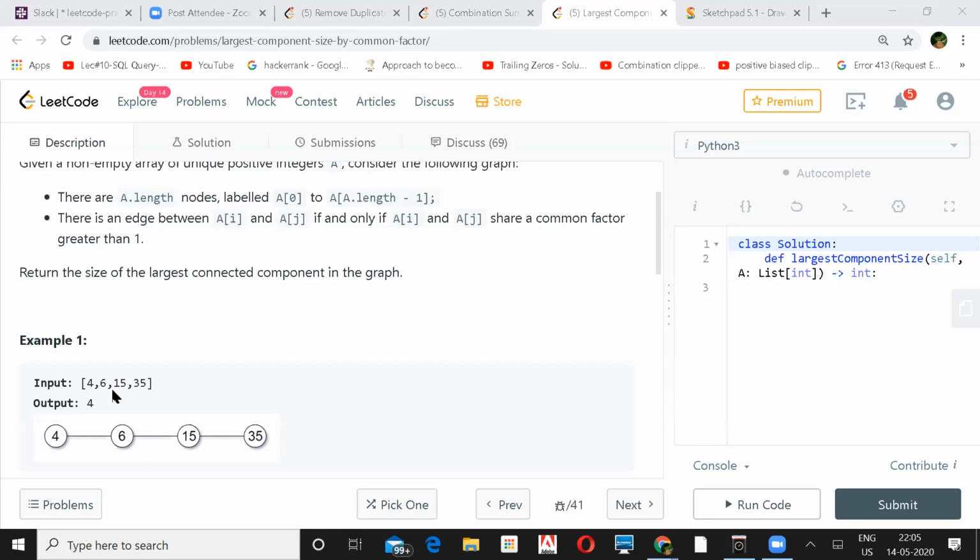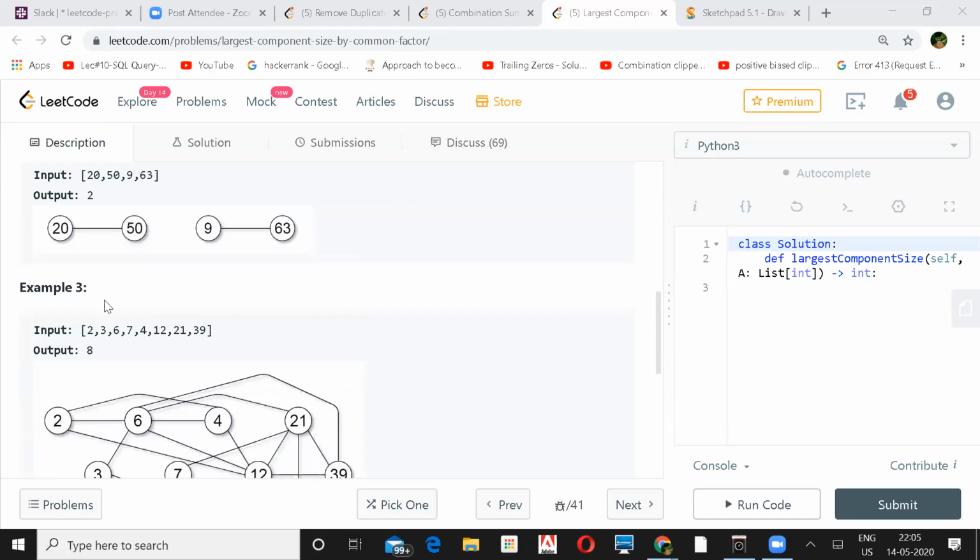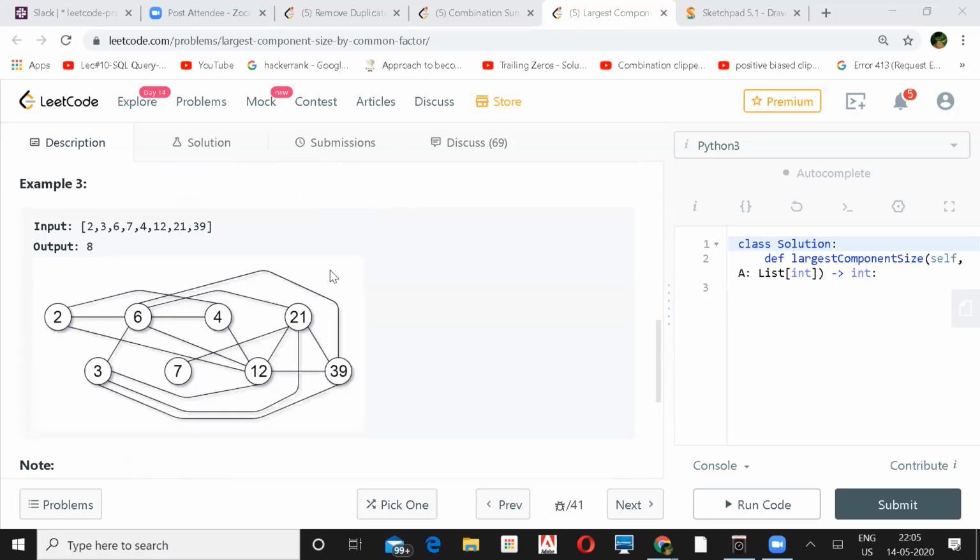I mean, there could be different components like in this case. One component is this; had there been one more, like let's say 21 was attached to this, then 3 would have been the answer. So in the third example, when it is saying 8, if you go to the 2, it's not 8 because it's only connected to 3. If you go to 6, it is connected to 1, 2, 3, 4, 5. That is also not. But if you go to 3, it is 1, 2, 3, 4. 7 is only 1. So then which one is 8?